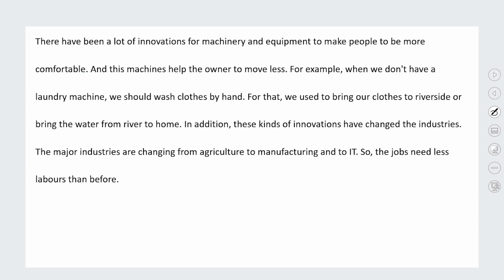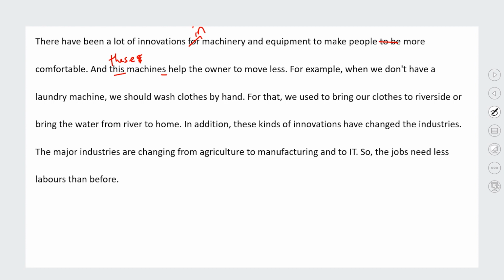Okay, so let me go on to: there have been a lot of innovations for machinery, innovations in something. There have been a lot of innovations in medicine. There have been a lot of innovations in teaching technology. So there have been a lot of innovations in machinery and equipment to make people more comfortable. And this machines, so we've got plural in this, so it should be these. And these machines,